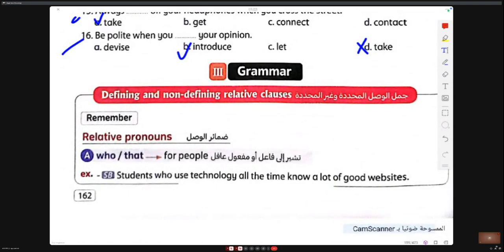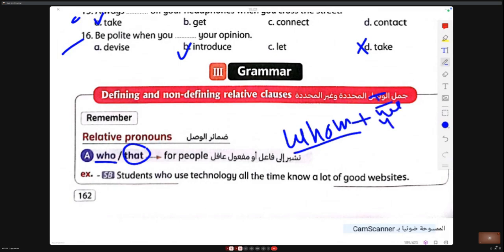Grammar: defining and non-defining relative clauses: who, whom, whose, that, which, and so on. We know them very well anyway. Who or that for people, that also for things. Who replaces a subject or an object, but whom replaces only an object, so it is followed by a subject: I, we, you, they, and so on.